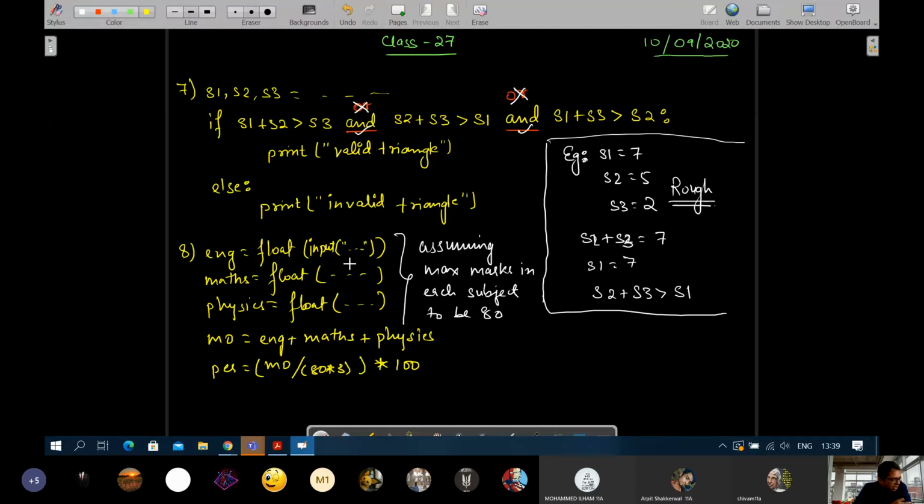We can force it, Bharat, but not for now. We will keep it for the later part. But yes, there is a mechanism to force the user to enter marks out of 80 only. Until the user gives marks less than 80, the program won't move forward. So there is a mechanism to force the user, but we will not see it right now.